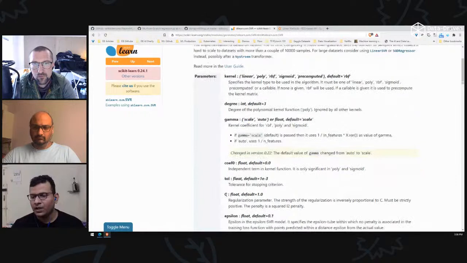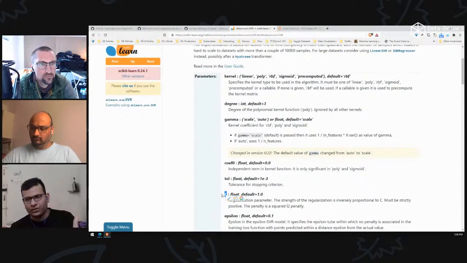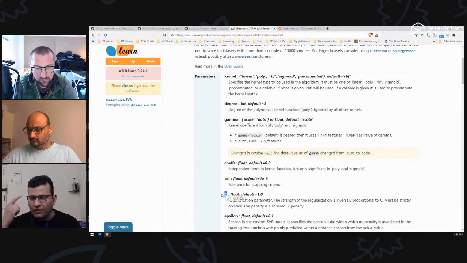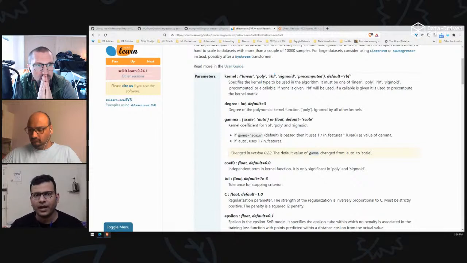So C is about how strict our algorithm should be. So imagine it's Harry Potter. Imagine we have Professor McGonagall at one end and Dumbledore at the other end. McGonagall means high regularization. What is regularization? For every mistake, you will be given detention. Whereas low regularization means, okay, even if you are wrong, let's not punish you quite a lot. Maybe you will do something right. That will be the hope if we are not doing any regularization. So C is that parameter of regularization. We need to know this well, because if the kernel which I'm using is RBF, then regularization should be a bit more.